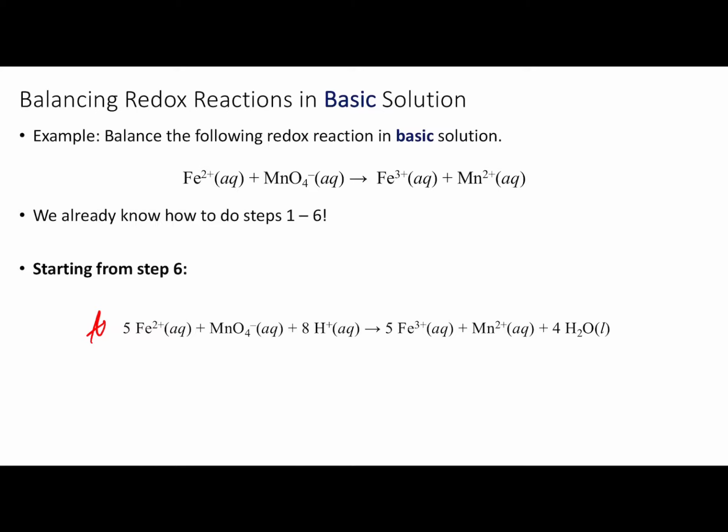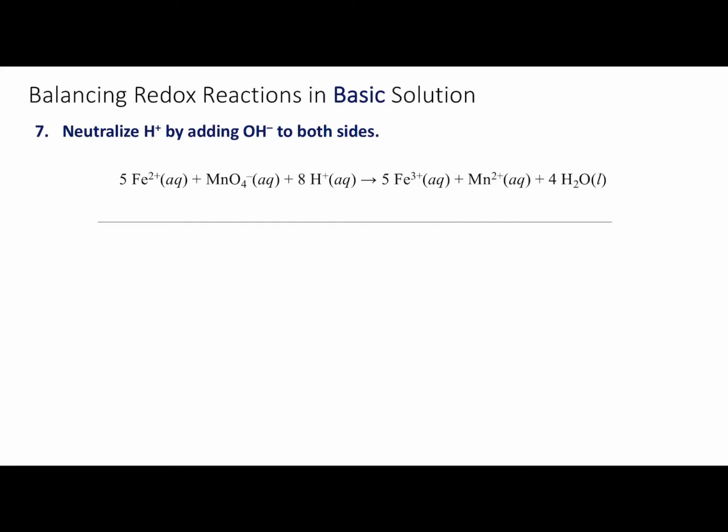Now we can proceed with the new step for basic conditions, which is step 7, and that is to add OH- to the reaction to neutralize the H+. You will notice in our balanced equation to this point, there are 8 H+ on the left-hand side. This means that we are going to add 8 OH- to both sides to neutralize the 8 H+ on the left and to keep the equation balanced. So we'll add 8 OH- to both sides. And when we do that, we end up with